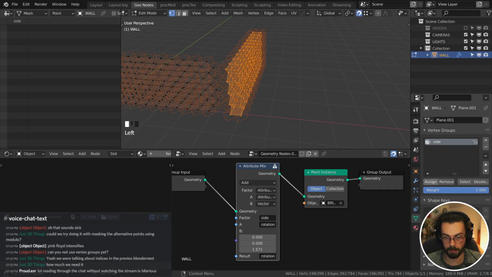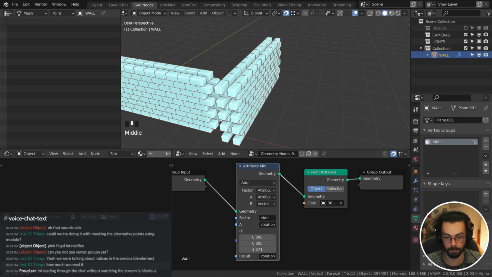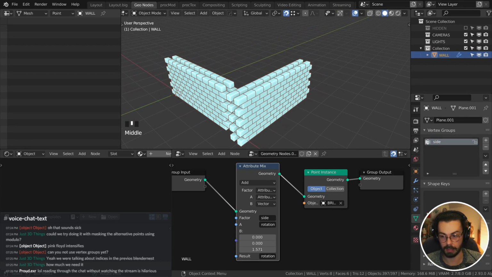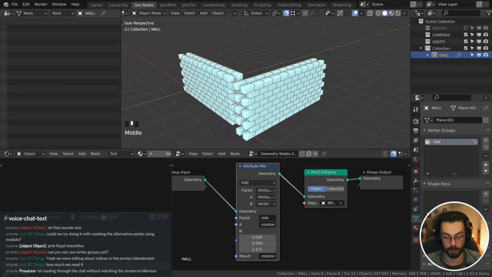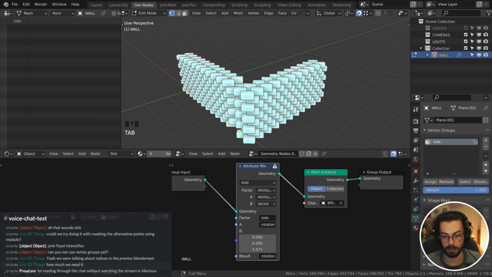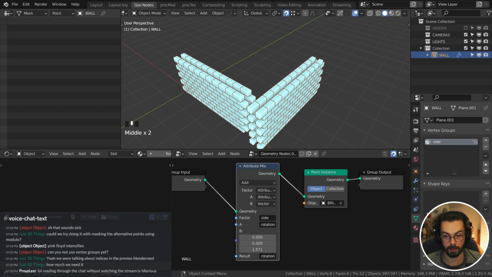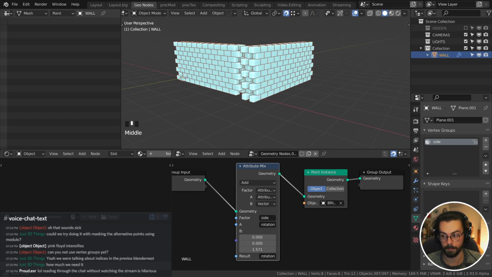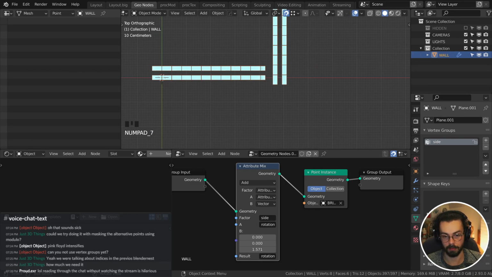So let's just make sure that these are assigned. There we go. For some reason my Control G didn't actually assign those vertices, but there we go. So just in edit mode, you can select your vertex group, make sure you have a weight of 1 and click assign. And now you can see that the ones which we assigned that group to are running in this direction, and the ones that we didn't run in the 90 degrees. So that's a nice easy way for us to set up